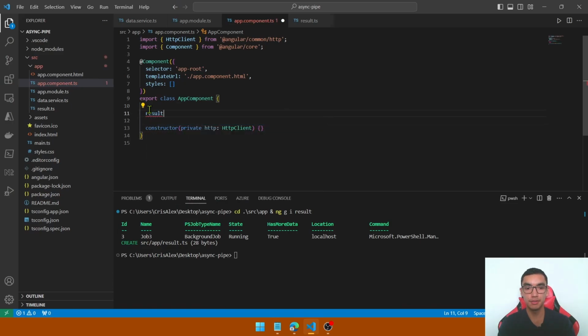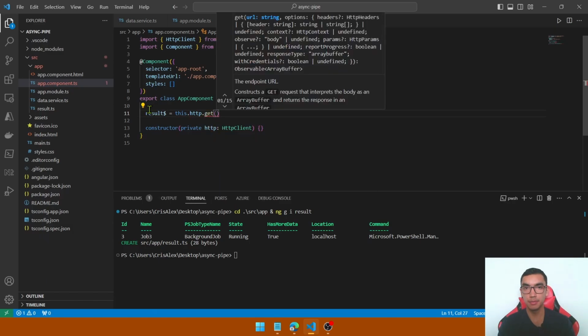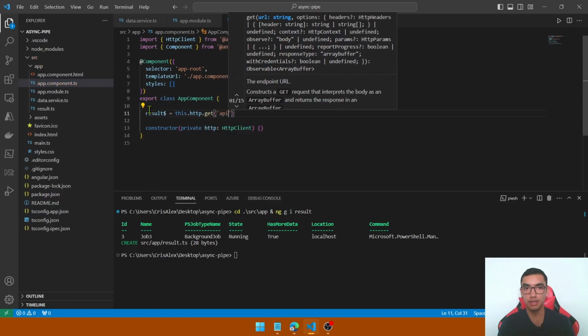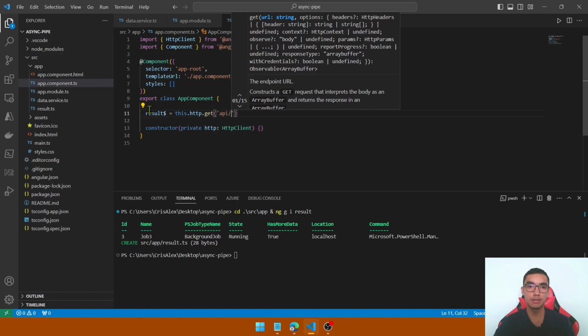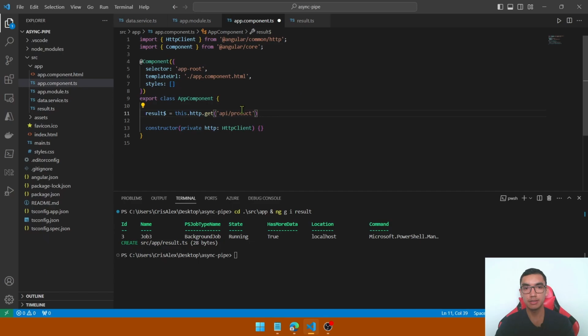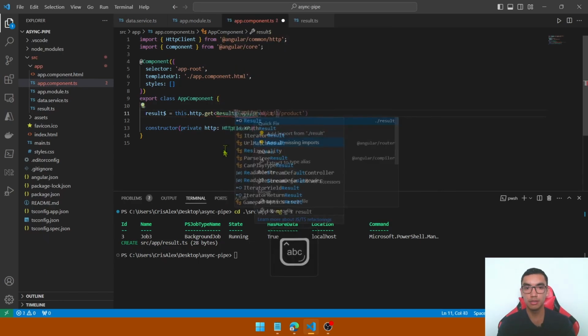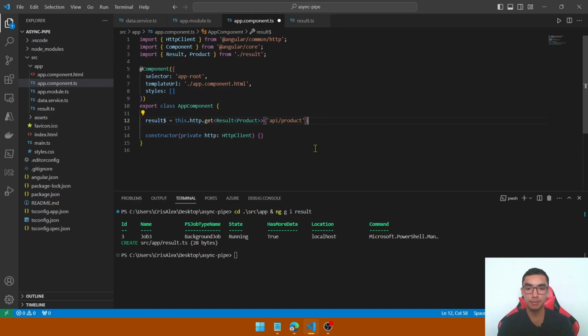Add a result observable, that is http.get, to get information about a product. Pass in the URL, in this case api/ and the name of the field that we defined in the data service. In this case, in this object, the name is product. The URL is api/product, and define the type of the result, add all missing imports,